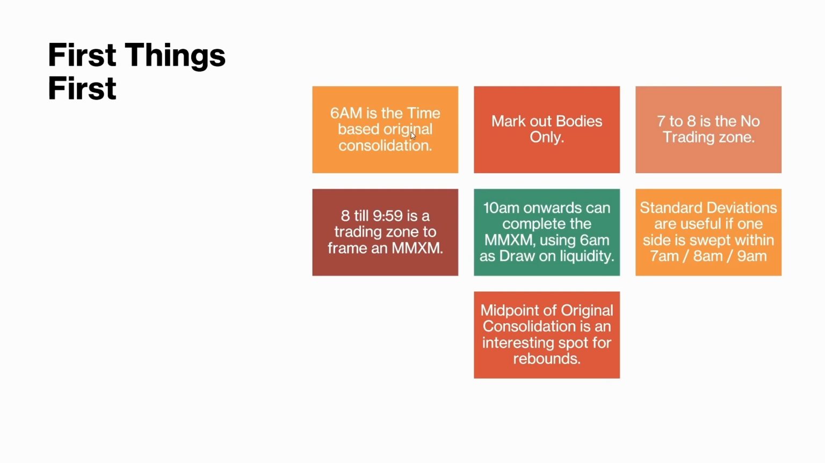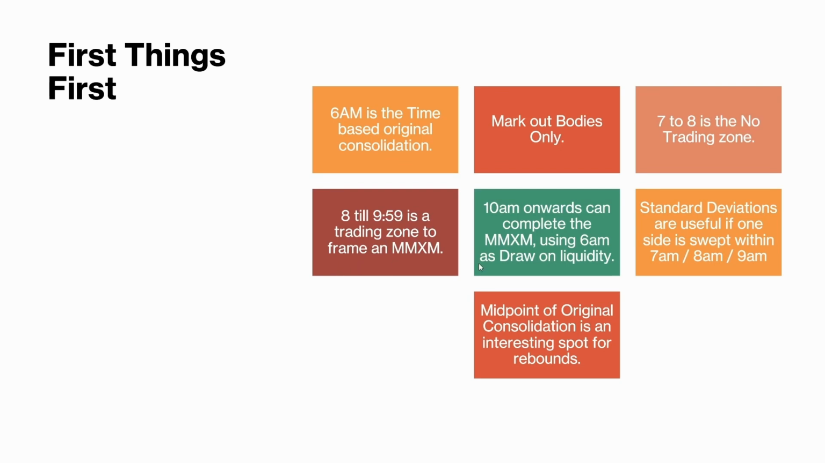6 a.m. is the time-based original consolidation, okay? Mark out 6 a.m. to 7 a.m. and mark out the bodies, only the bodies, okay, on the 1 minute chart. 7 to 8 a.m. is the no trading zone. That's just for me. That's just a rule for me, okay? 8 till 9:59, so before the 4 hourly candle open, which is 10 a.m., is the trading zone to frame